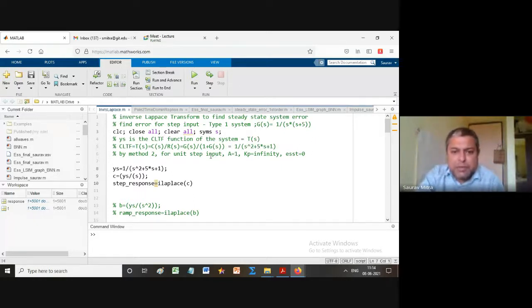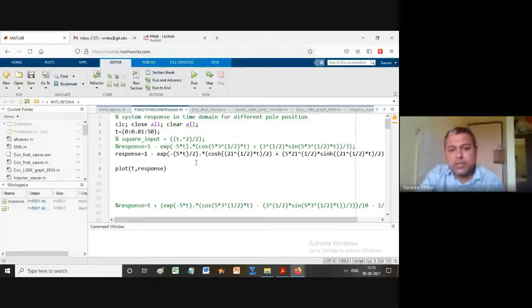I have given unit step input, Kp I have found as infinity. Kp is infinity means steady state error is equal to 0. Steady state error is equal to 0 means input and output, they are same as time increasing. So this is the c(t) actually what I have found. This is the c(t). So this is the response. Okay, so this is the transfer function and this is the output Y(s) by s, and I am finding what is the step response. So first I have taken what is the time domain thing here, and then I have found out here.